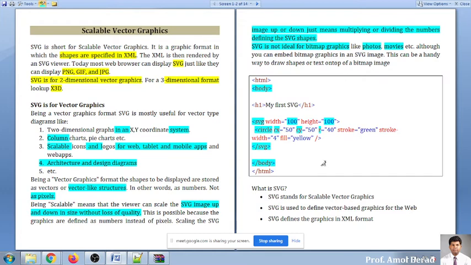We will go into detail on how this circle is drawn, but for the sake of the first example, I want to demonstrate that we are drawing a circle with x as 50, y as 15, and the radius as 40. Stroke means I want to display a border with green color, and the border size should be 4. And for the fill, I want to color it yellow, that is, the center part will be filled with yellow. So this is what I have written in the SVG. Shall I go ahead and execute this code? Yes or no?